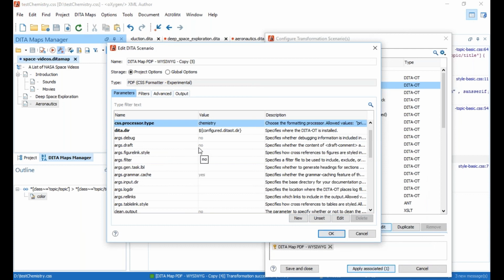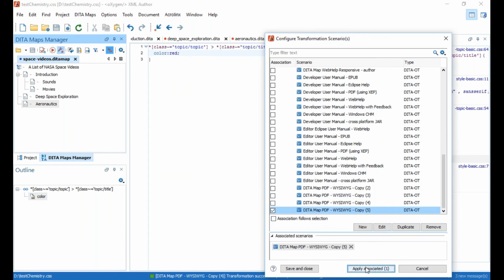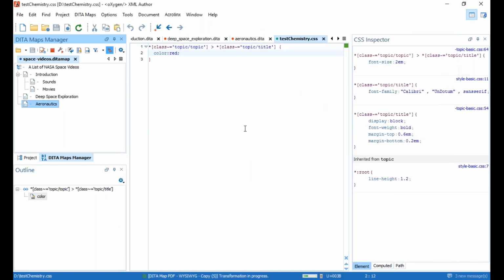Now note that in future versions there will be an even easier way to specify the Chemistry processor. There will be a tab and you can just select it from a drop-down menu. Like I said, they're continually improving this feature. Anyway, I'll click OK, and I'll apply my transformation scenario,